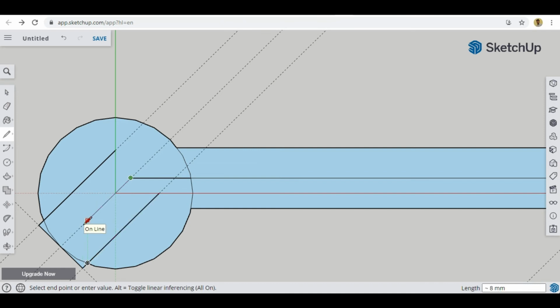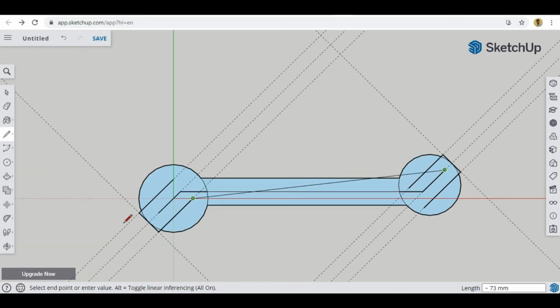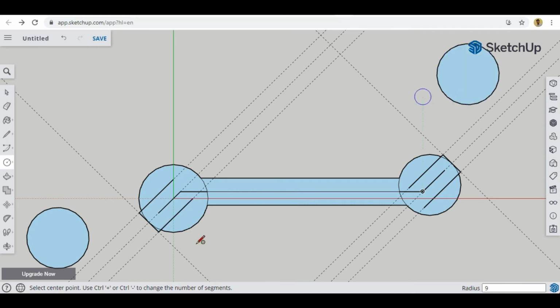I'll write 9 manually, and again from here I'll go 9 millimeter this side. It means this is the center point for that curve. Another thing we know is that the curve has a radius of 9 millimeter. So we can create a circle anywhere of 9 millimeter radius, and again here we can create a circle of 9 millimeter radius like this.